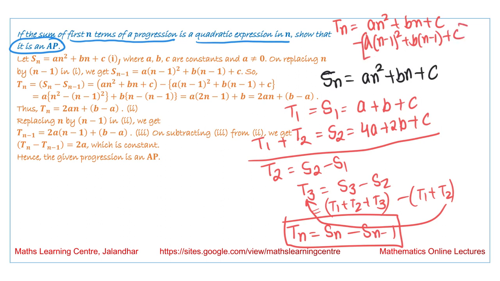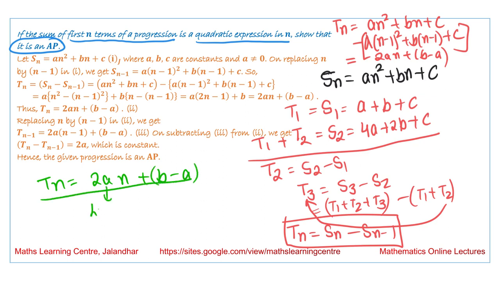We are subtracting these two values. On solving, we will get the final answer in the form 2an plus b minus a. We obtain that Tn is equal to 2an plus b minus a,